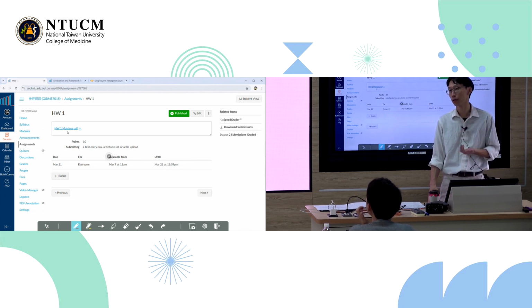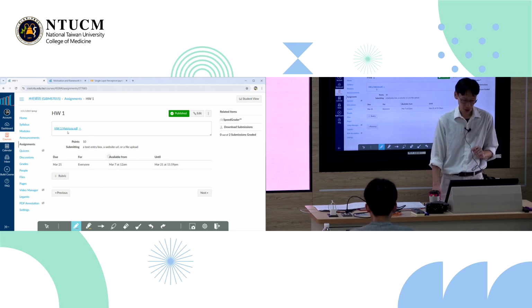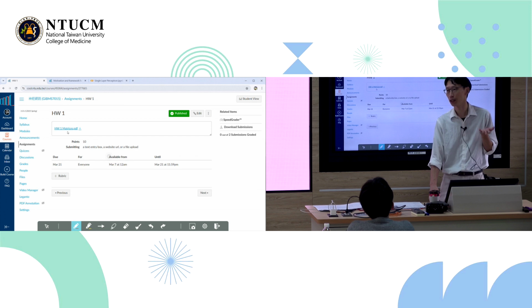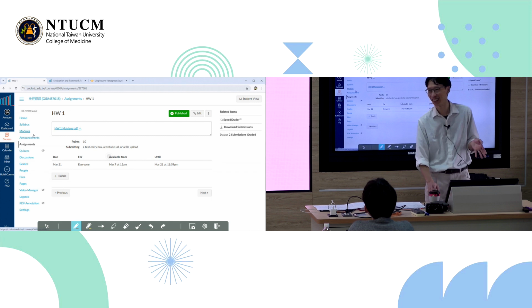In general, you can type your answers in Word and PDF it to upload, or you can upload the Word document. Or if you did it in something like Colab using code, you can upload that Jupyter notebook file. That's fine too. In general, just do things electronically and digitally. Don't give me paper, or I'll have to scan it and then upload it electronically.